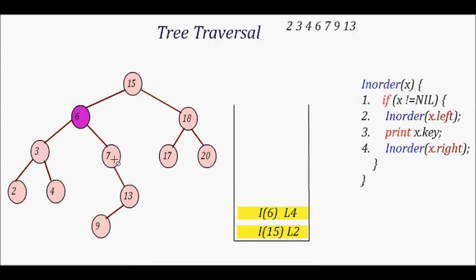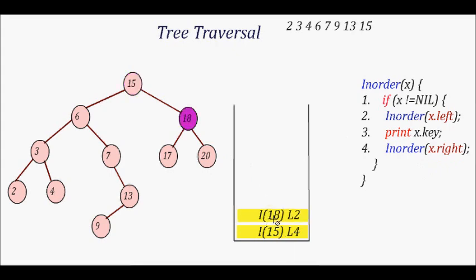I6, this has also executed all its lines, in order x right has been executed, it pops out. I15, it goes, now this one has executed till in order, and then it prints its value. Okay, 15 is printed here. Okay, so if you see 15 is printed, and now it's time to call in order x right, which